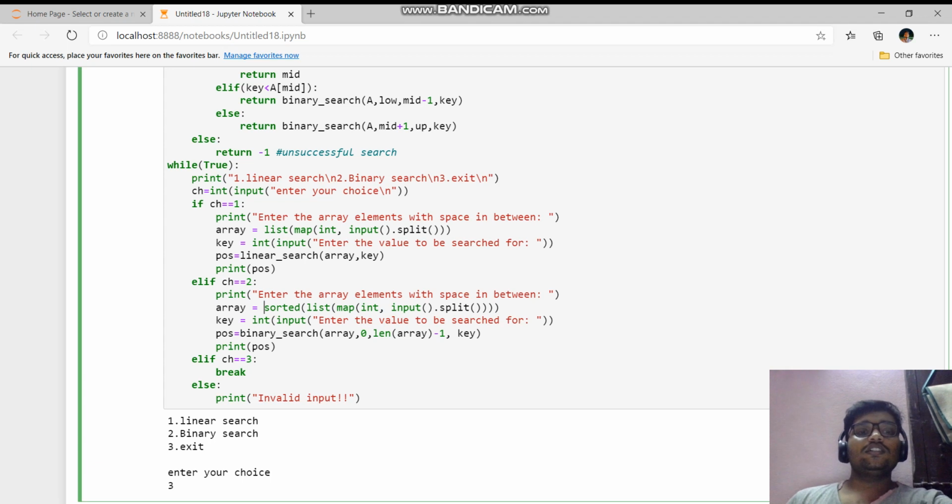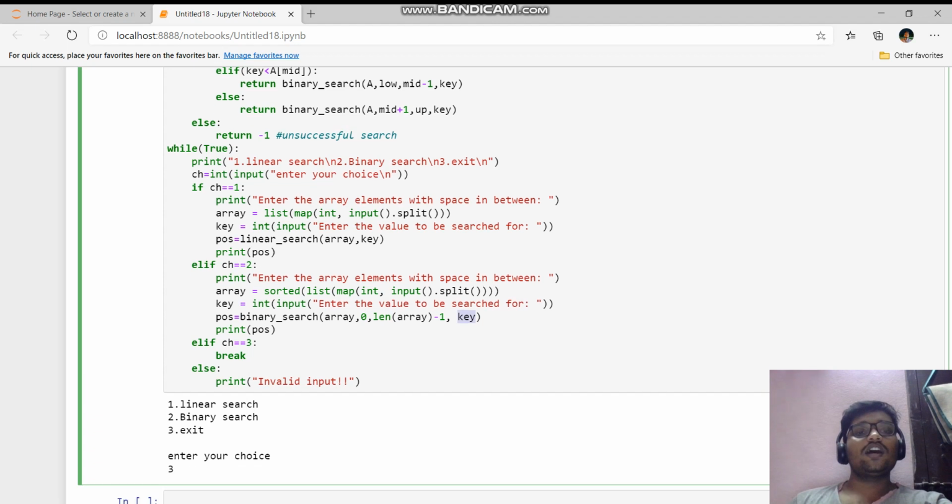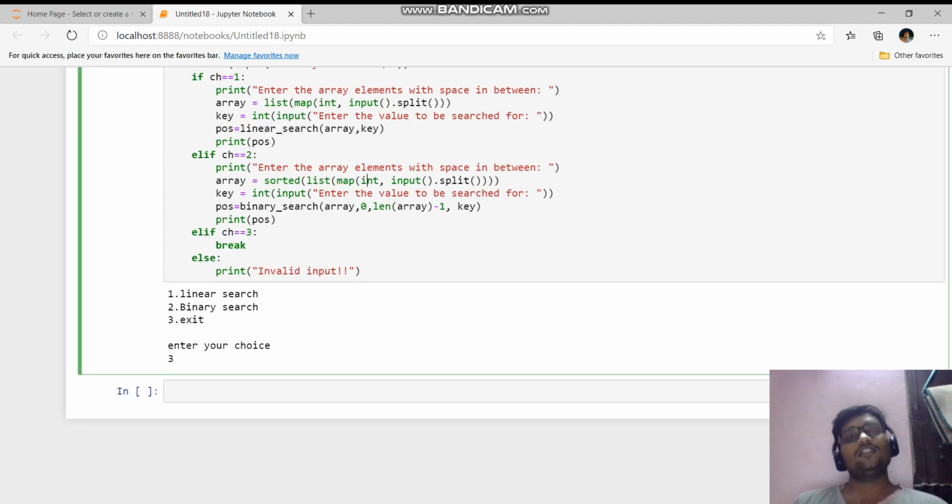It cannot work properly with an unsorted array. So we pass this array, the starting index of the array, the ending index of the array, and the key. After that, if the user presses 3, he needs to exit, right? So we break this infinite while loop, or else we print invalid input for any other kind of input.